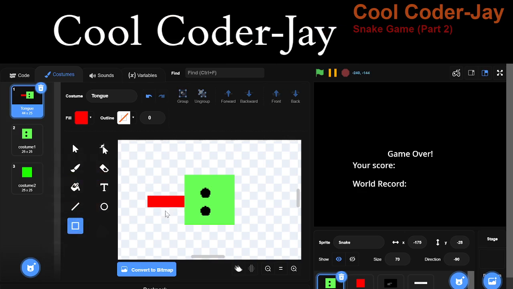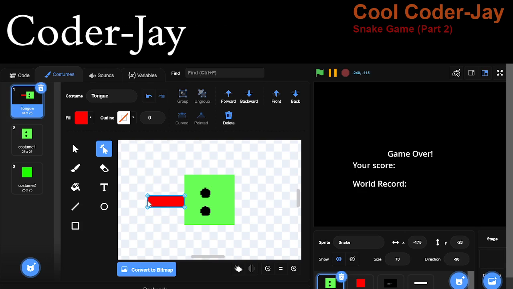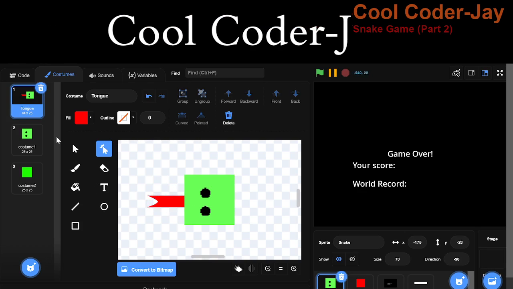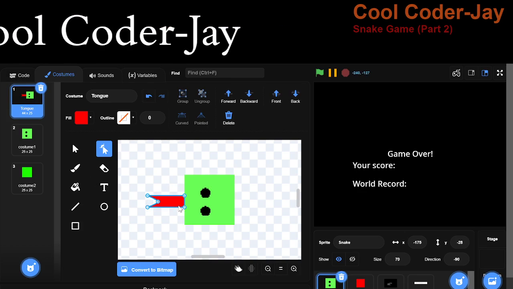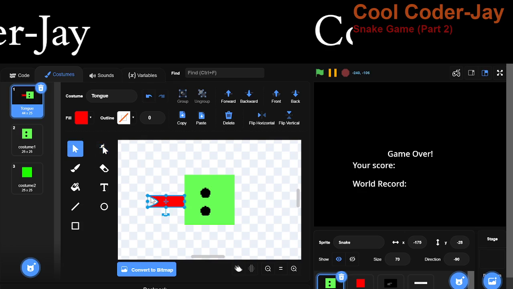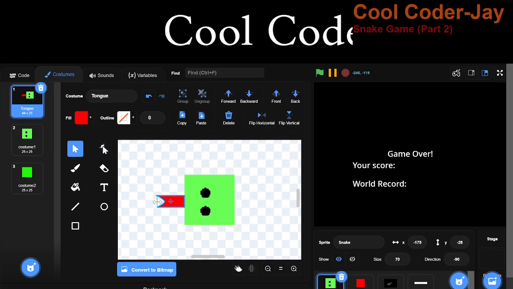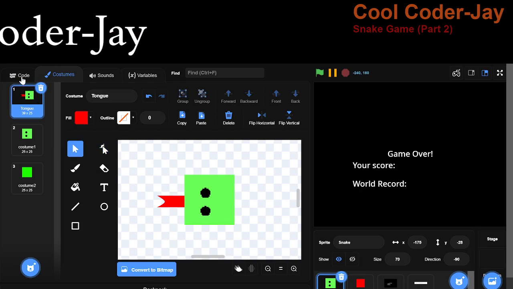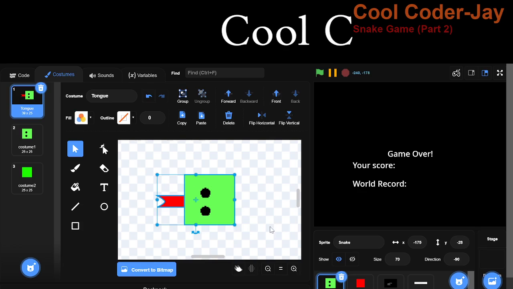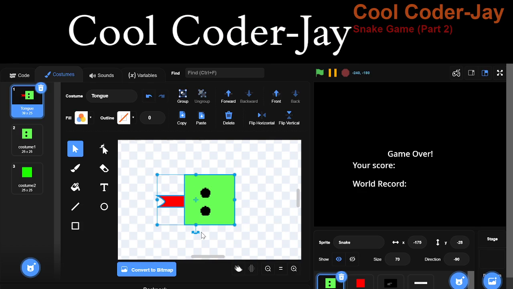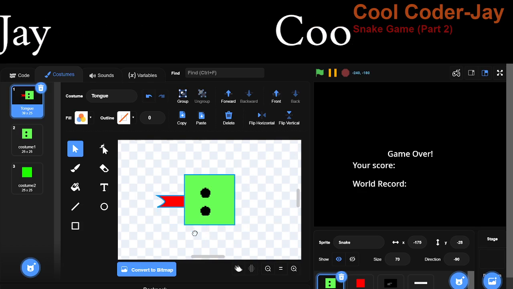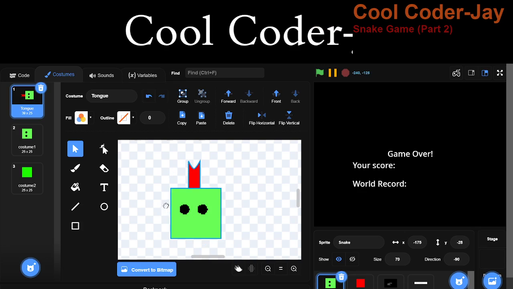Now I am going to reshape this rectangle to something like this, a forked tongue, but now I think that it must be a little small, like this. Now we must flip this costume by pressing the shift key and then dragging it like this.